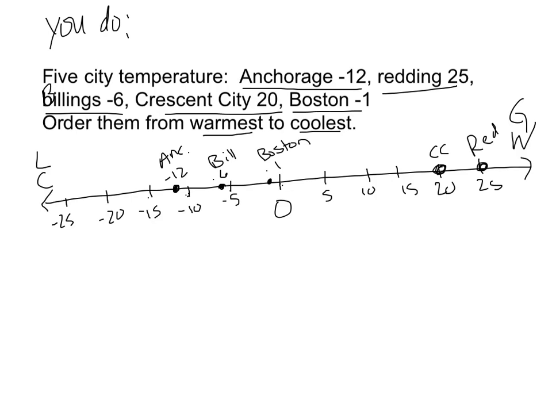And then some people might have made the mistake and just gone in this order: Anchorage, Billings, Boston, Crescent City, Redding. But what's wrong with that picture if they went in that order? That's going coldest to warmest. If they'd asked coldest to warmest, you'd be right. But they didn't. They asked for warmest to coolest. So you really have to pay attention to what they're asking for, because it can change. Warmest is over here, so I'm going this way. And it would be the warmest one, Redding,